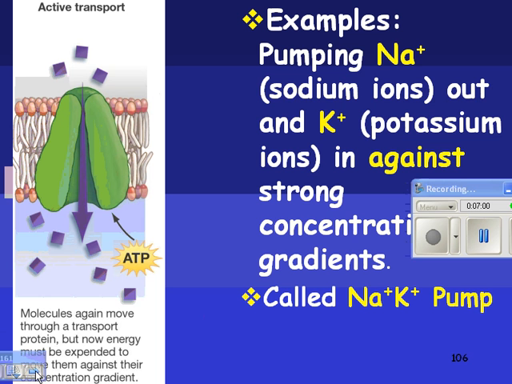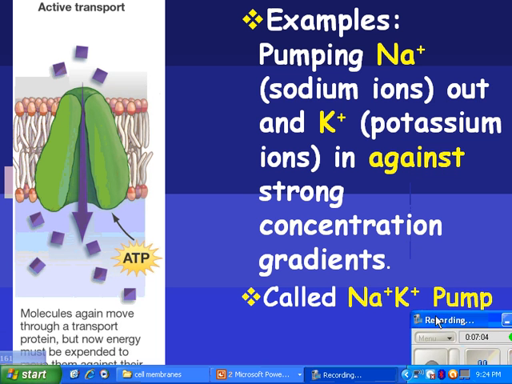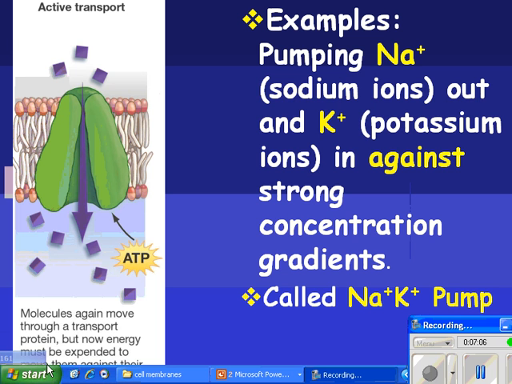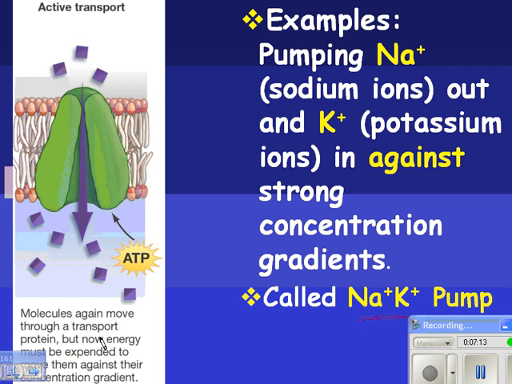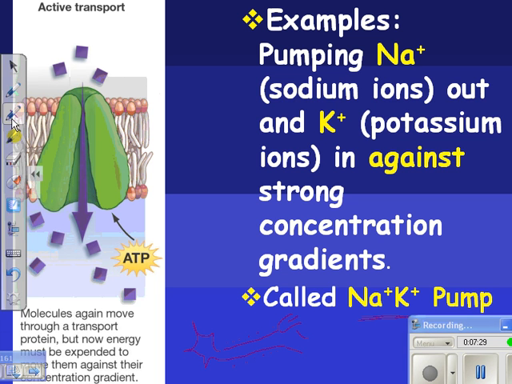So examples include the sodium-potassium pump. You need that in all your nerve cells and in your muscle cells. And it goes against strong concentration gradients. The sodium-potassium pump shoves all the sodium in one way and all the potassium another way. So here's a neuron in your brain or maybe your peripheral nerves. And sodium would be these. And potassium,